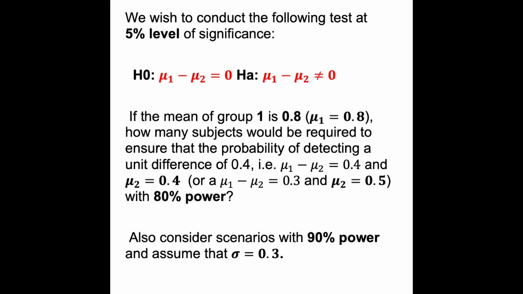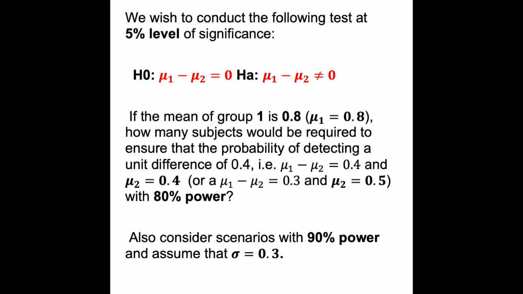Reading on, we have a two-tailed hypothesis test where mu1 minus mu2 is equal to 0, and the alternative is that the difference does not equal 0. Next, we see that the mean of group 1 is 0.8. And it asks us to determine the number of subjects required to ensure that the probability of detecting a difference